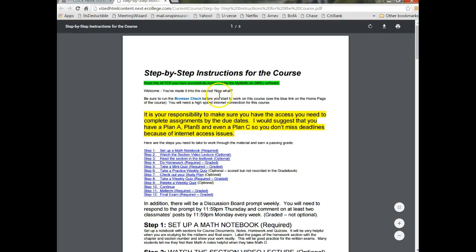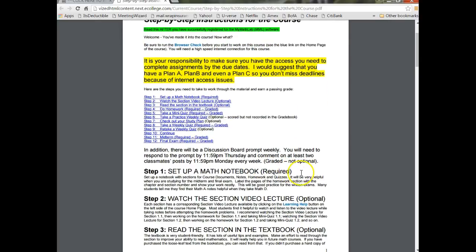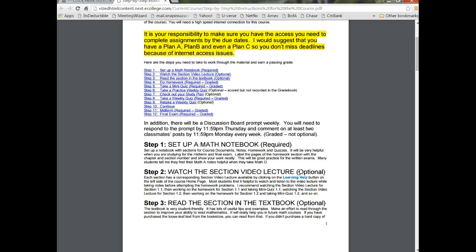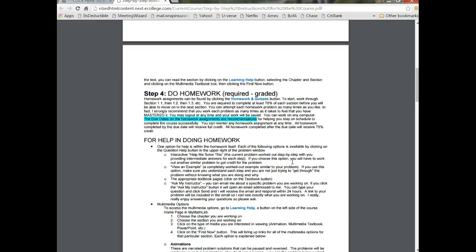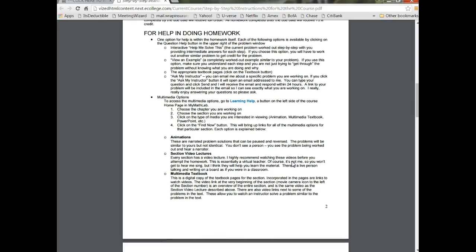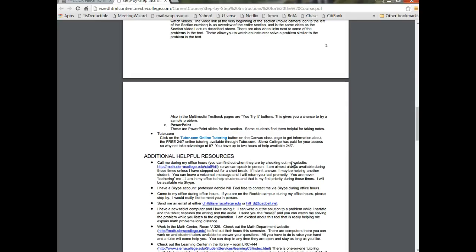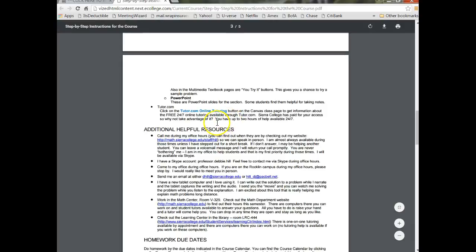And then this is my step-by-step instructions for the course. I really want you to look through this. It's a long document, but it has a lot of helpful information in it. The first thing I want you to do is set up a math notebook, as I mentioned earlier. Then my suggestion is that you watch the section video lecture, read the section in the textbook, and or look at the PowerPoint slides, whatever is the most helpful learning tool for you. Then do your homework. This also has details on what learning helps are available and how they work. Then we have free 24/7 online tutoring